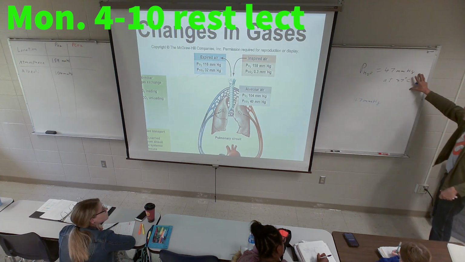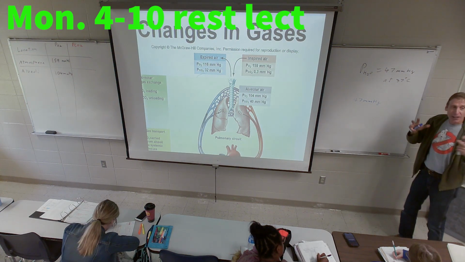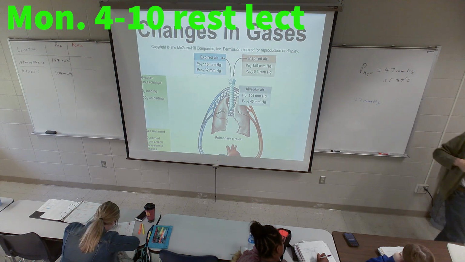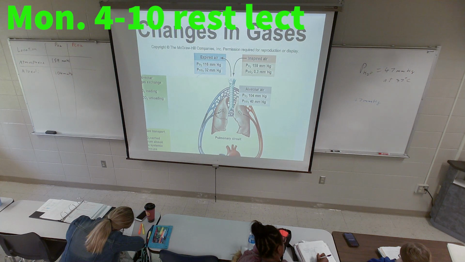But the point I'm trying to make is, as the pressure gets lower, water vapor takes up a larger and larger fraction of what's in your lungs. It's another problem at high altitude. At the top of Mount Everest, when the total pressure is 220 millimeters of mercury, you're getting close to almost a fourth of the partial pressure due to water vapor. That takes a lot of space.